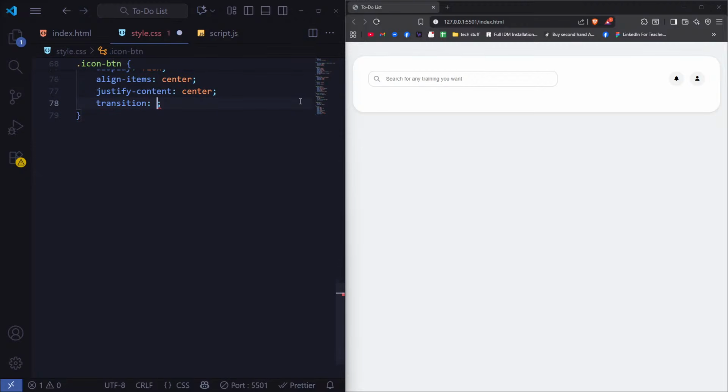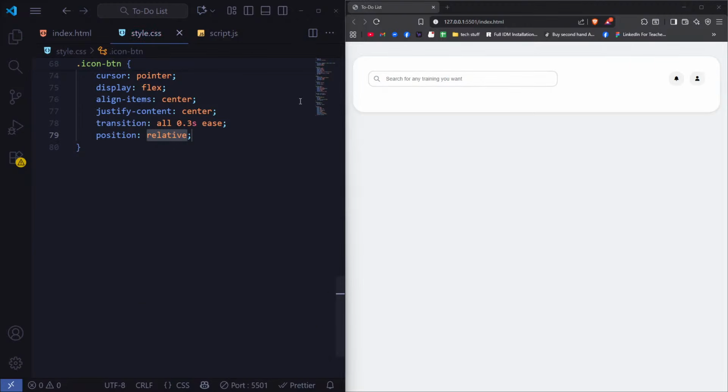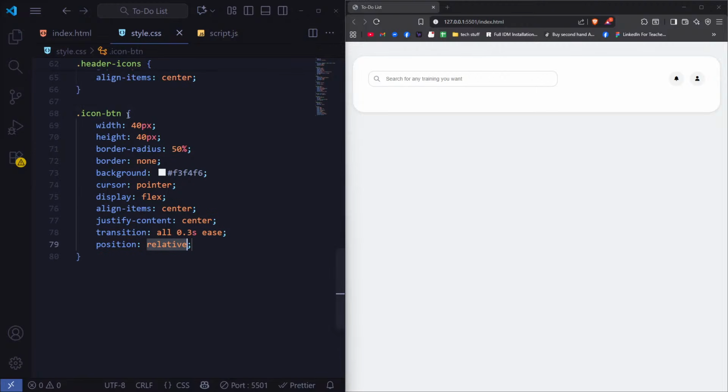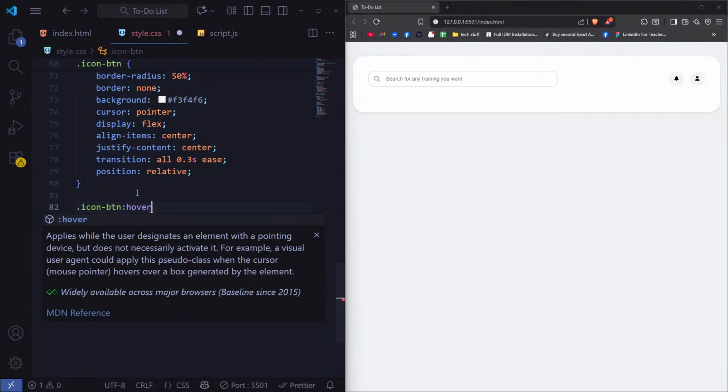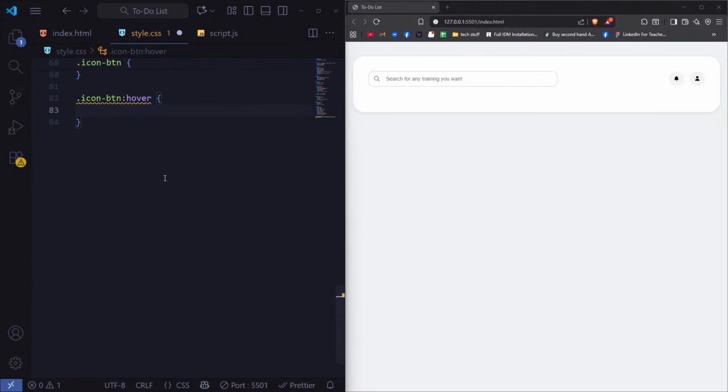So here I'm just gonna do all 0.3 seconds at ease. Also set it to position relative. Now for the icon button hover state. So for the hover state, I'm just going to